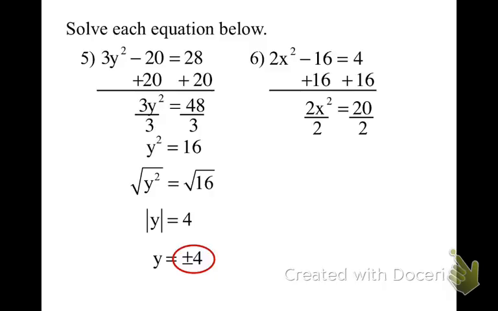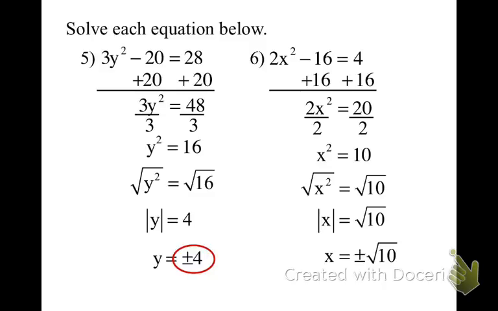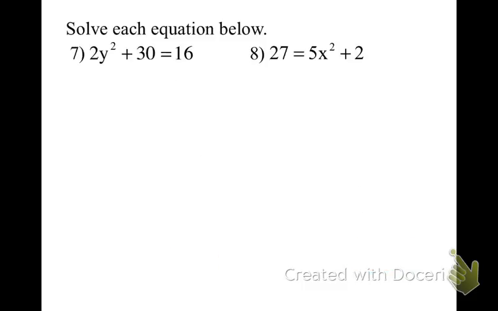Divide by 2. When I'm left with x squared equals 10, it's okay. We can leave the 10 under the radical. X equals plus or minus the square root of 10. Okay, next one. What am I doing? Jack? Minus 30 from both sides. Okay. And then next, divide by 2. Good. And then